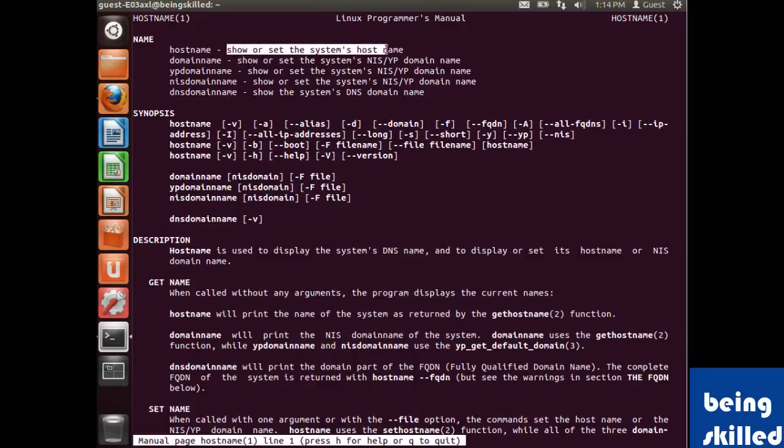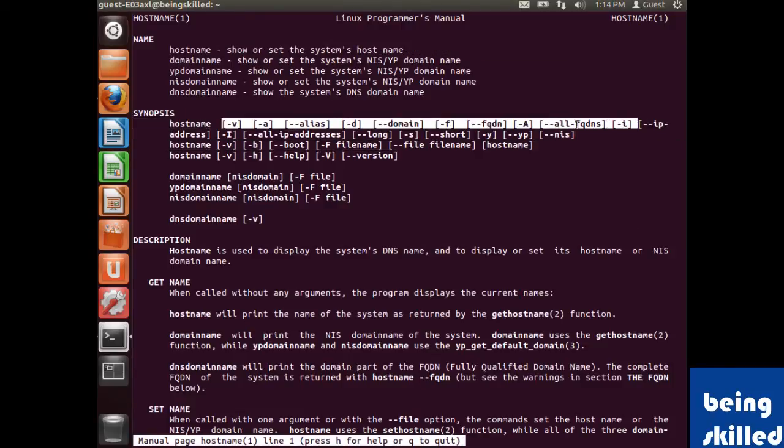To know more about this command, we will open the manual page, and it says it shows or sets the system's hostname. Also, we have lots of options or parameters for it, which are -v, -a (alias), -d (domain), -f, capital A, -i.